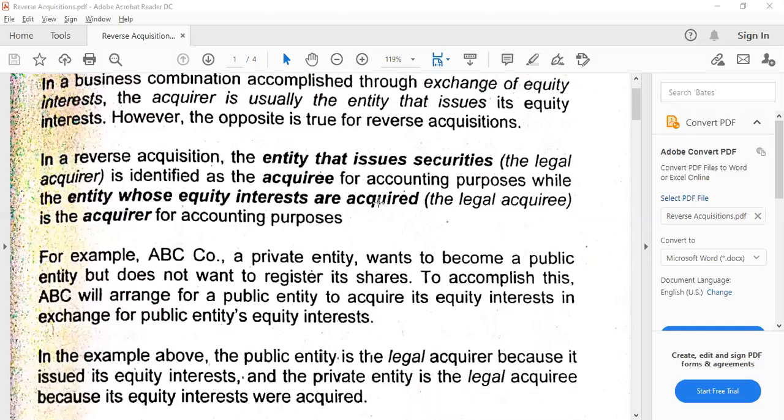Now, going back as an example, let's say ABC company, that is a private entity, wants to become a public entity but does not want to register its shares. So this is normally the setup. The advantage of this reverse acquisition is that whenever a private entity wants to become public, it can do so by arranging with a public entity, and then such private entity would be acquired by the public entity under the terms of the contract. And the advantage is that such private entity would not go into the complexities of the